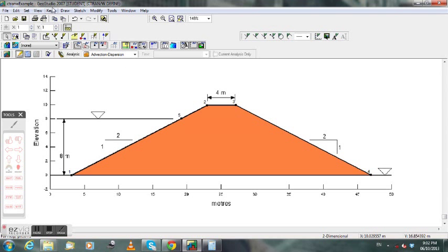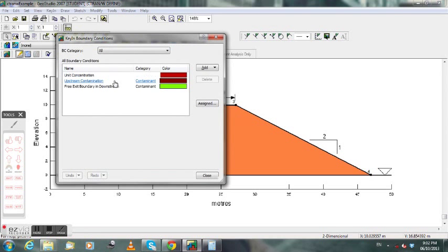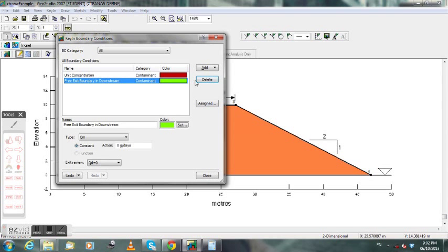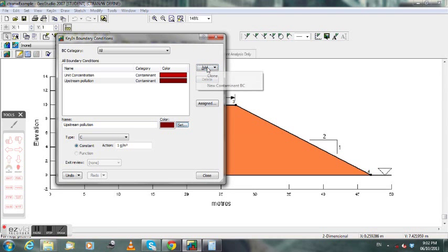Now save and let's go to the last part, which is the boundary condition. Okay, we have to delete these ones. We want to do this again. Let's start and add the new contamination boundary, which is the upstream pollution. Upstream pollution, and the type is contamination, and the action would be 1 gram per cubic meter of the left side water. The other boundary is the free exit boundary